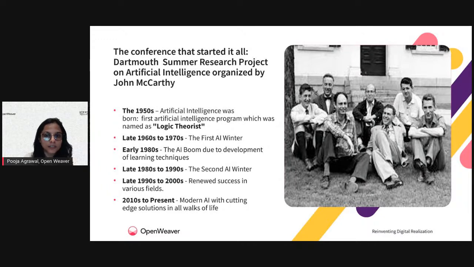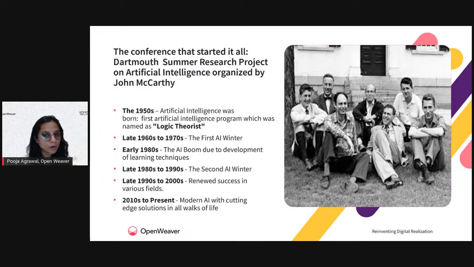So to start with, we will first talk about the very history from where artificial intelligence came into being. The term artificial intelligence was coined in the late 1950s, around 1956, during a conference at the Dartmouth Summer Research Project. John McCarthy, who's also known as the father of artificial intelligence, introduced the term along with a group of scientists and other technology-hungry innovators,